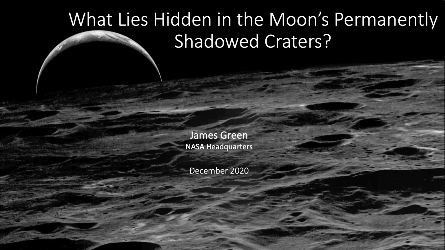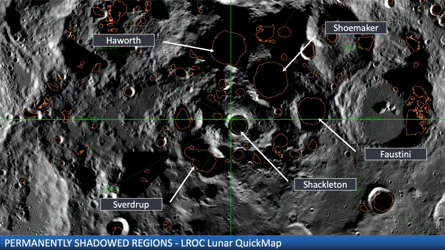Today I'd like to talk about the evolution of volatiles in the permanently shadowed craters in the north and south pole of the moon. Here is a lunar landscape in the south pole, but it's taken a month for us to be able to